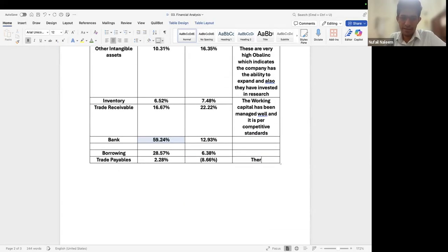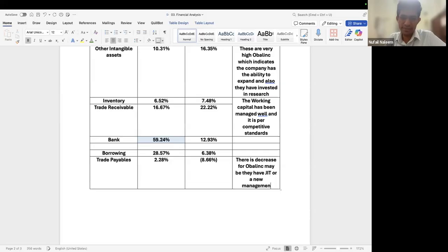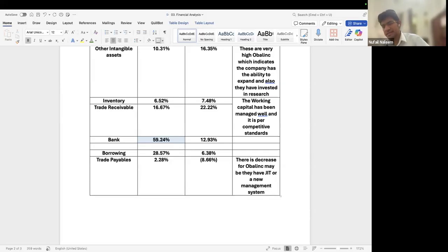Trade payables, there is a decrease for Obalink. Maybe they have JIT or new lean management systems. That means they are not going for production, they are going for the demand pull. Efficiency range may be high. Students, the other one, that is Leothayre,